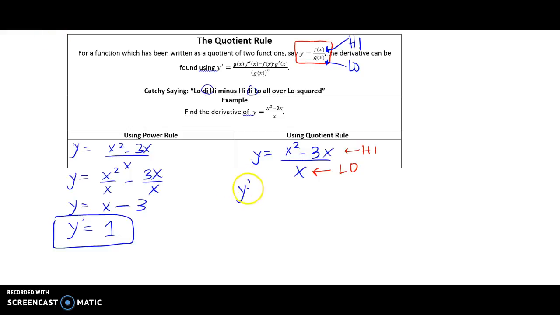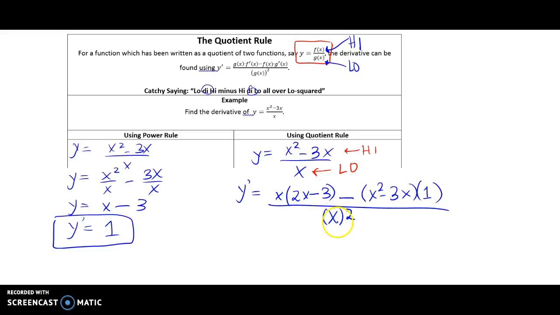The rule says that the derivative is equal to low, exactly what I see on the bottom, x, times d high, the derivative of the high function, or the one on top, 2x minus 3, minus high, the function on the top, exactly as it is, d low, times 1, all over